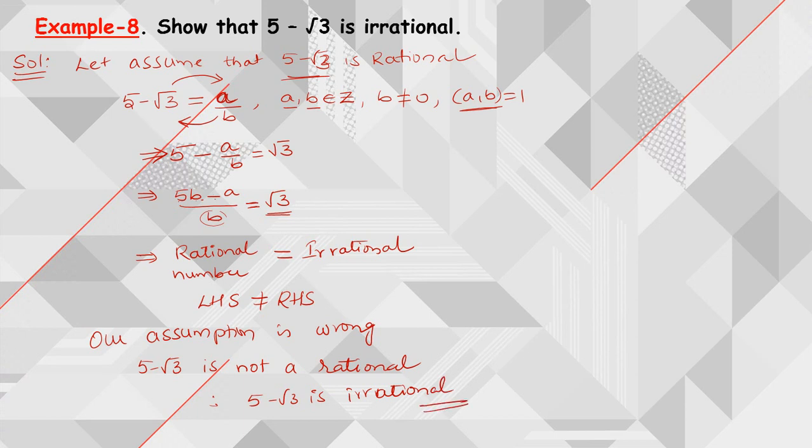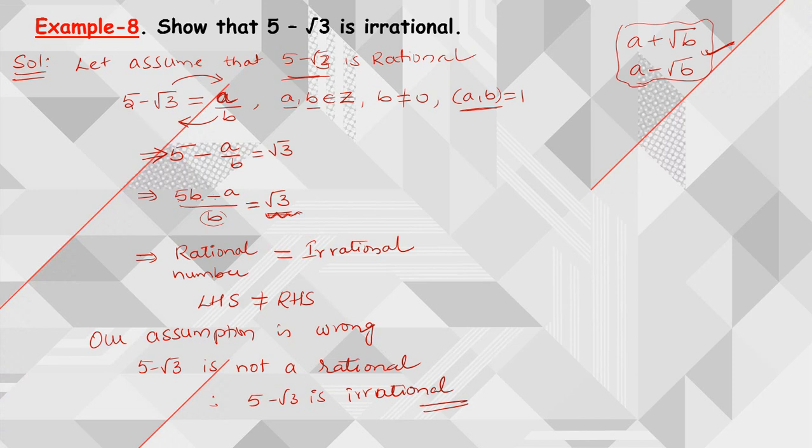So likewise we can simply prove this, because already we have proved root 3 as irrational. By making use of the first model, we can easily prove this second model. So if you have anything in the a plus root b form or a minus root b form, whenever you have these two forms, you can prove that these two forms are irrational numbers. For such forms we can prove in this particular way, right? So this is one more model which would be asked for your board examinations, right?